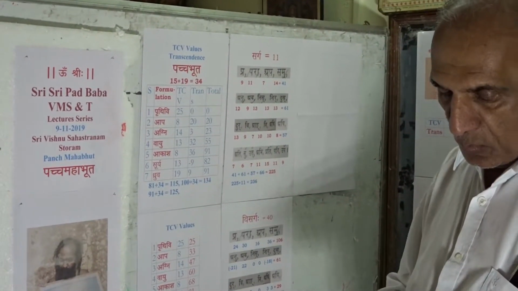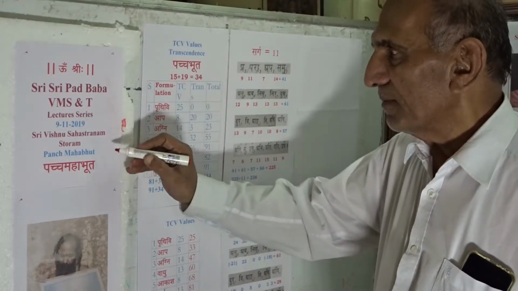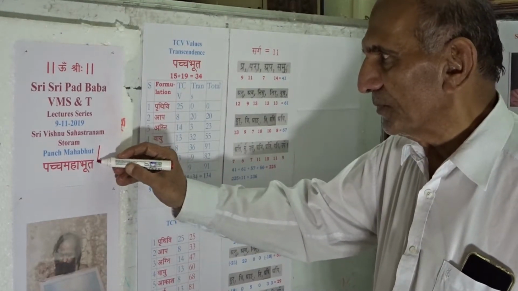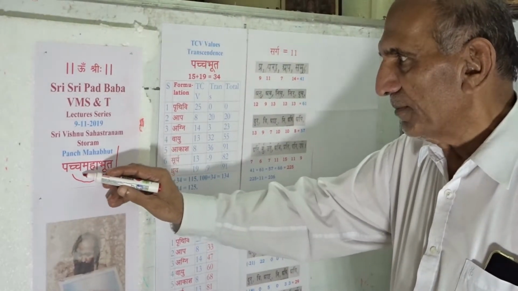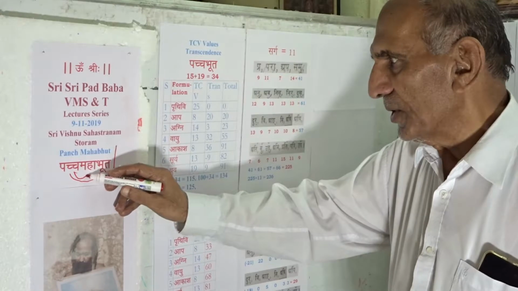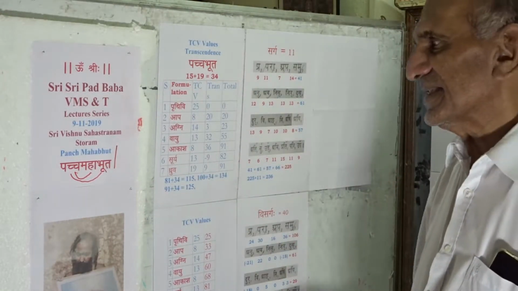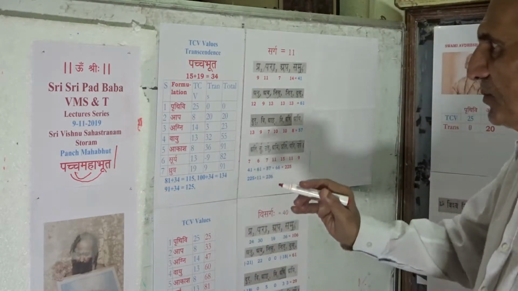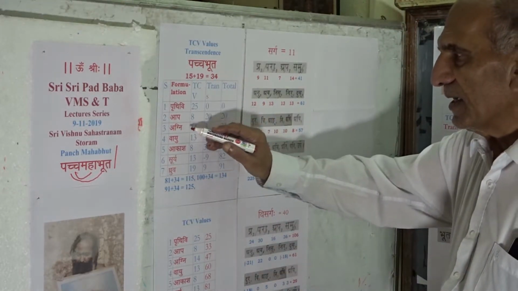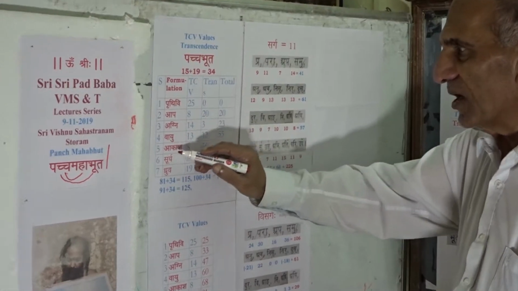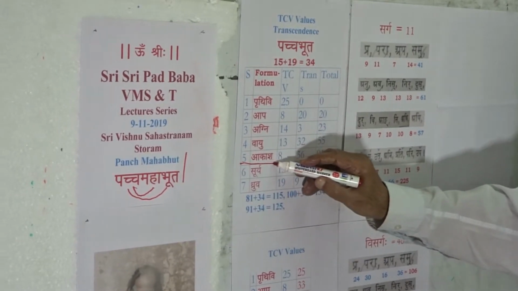Today we shall be focusing upon Panchmahabhut. Panchbhut and Panchmahabhut are a pair of interrelated concepts. Panchbhut are Prithvi, Apa, Agni, Vayu and Akash, and these